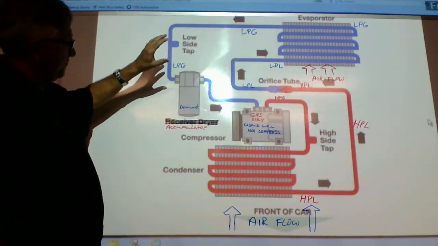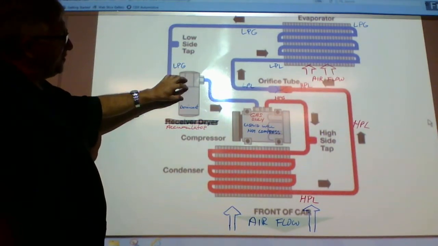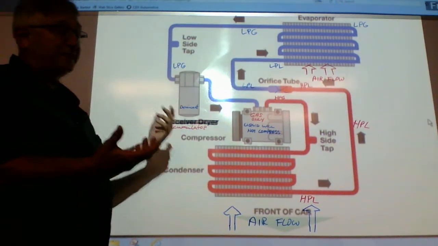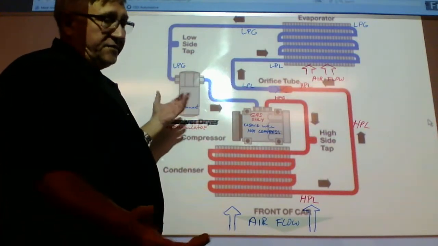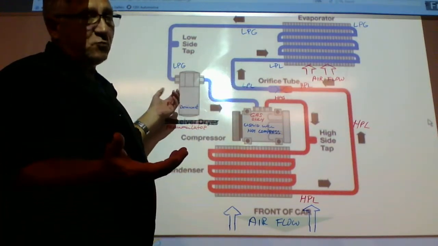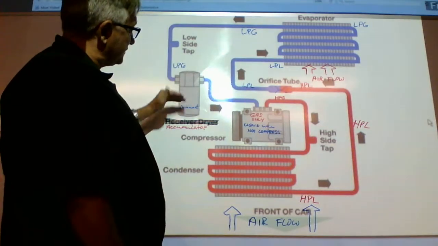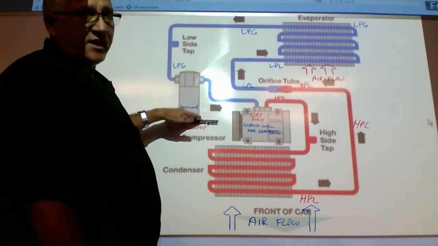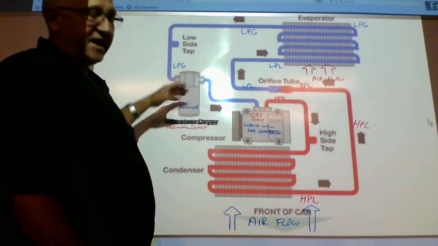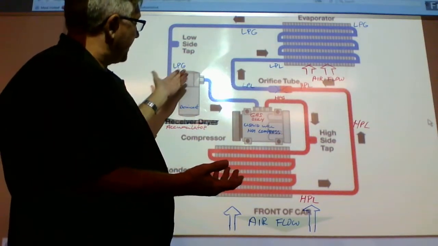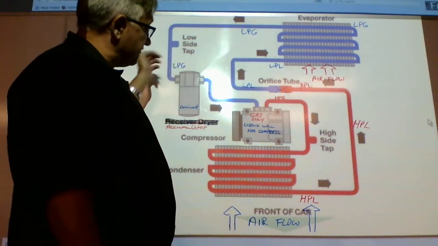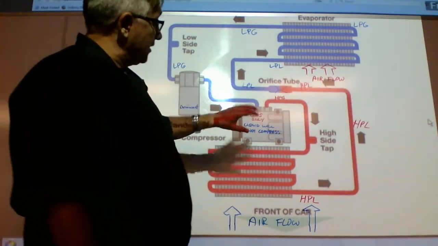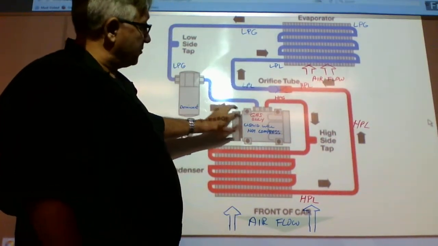This is an accumulator. What it does is it accumulates the moisture left in the Freon when it passes through. The gas will inherently get some moisture in it as it's doing its service. So in the bottom of the accumulator, you have desiccant. The desiccant is designed to absorb, in the low pressure gas, any moisture droplets that may drop out as the gas passes through. And then it goes back to the heart of the system, which is your compressor, as